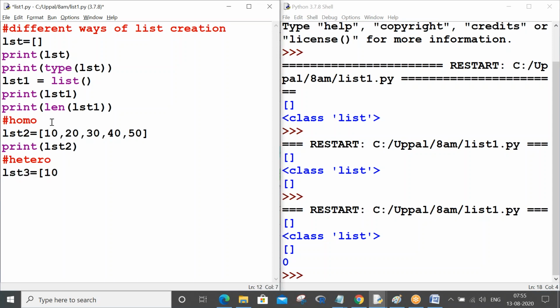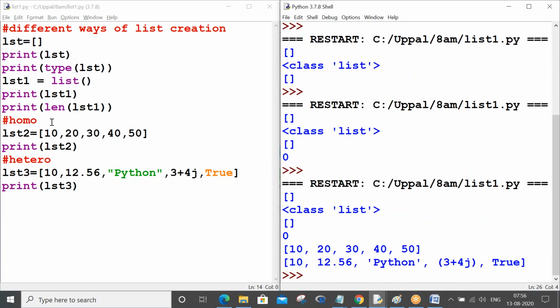This is heterogeneous: 10 comma 12.56 comma python string comma 3 plus 4j comma True. So print LST of 3. Heterogeneous, control S, F5. Yeah, it can take heterogeneous as well.